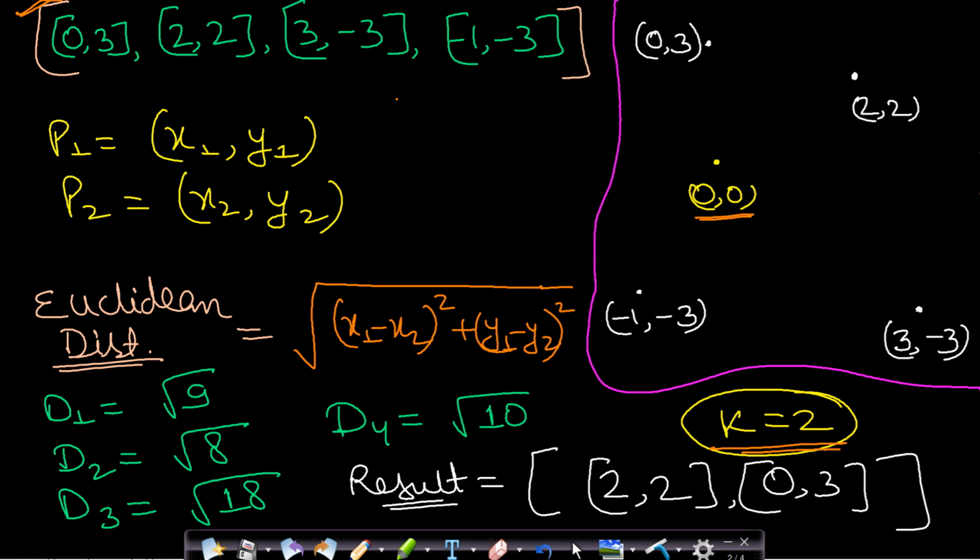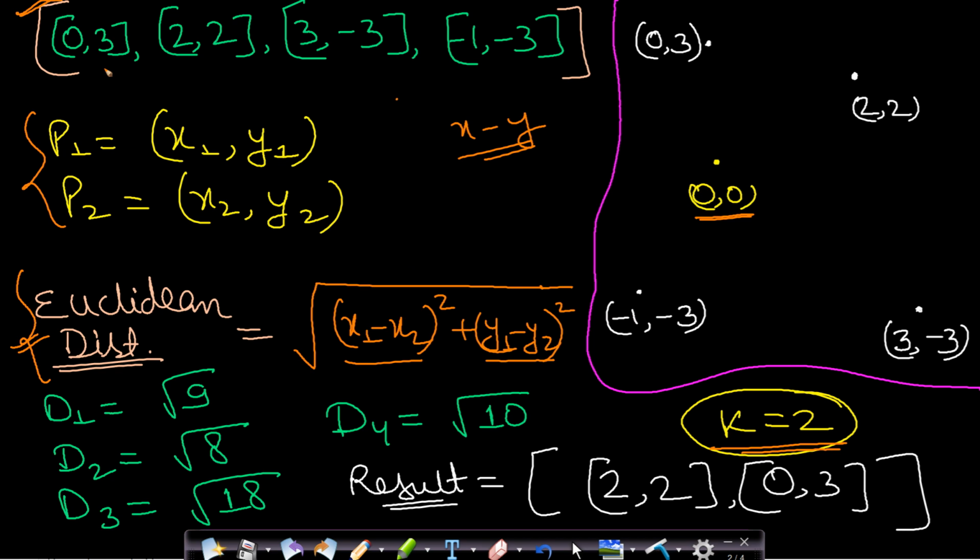So we are given a plane, that is the xy plane, and we require to find the k closest points to this point, the origin. Now our points will be of the format p1 equals x1, y1 and p2 equals x2, y2. If these 2 points are given, then the Euclidean distance between them is defined as the square root of (x1 minus x2) squared plus (y1 minus y2) squared. This is the Euclidean distance, and it can even be extended to vectors in n dimensions. But in this case we just have a plane with 2 dimensions.